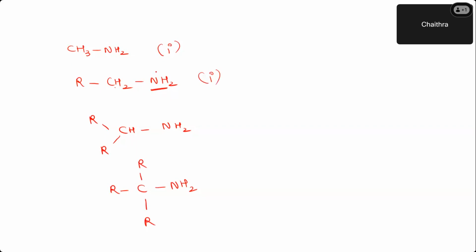Now, if you have any confusion, you cannot identify it as secondary or tertiary. Now you observe nitrogen is directly attached to only one carbon atom. So this is also a primary amine. Here nitrogen is directly attached to a single carbon atom. This is also primary. So all these amines are primary, but this carbon is primary. This carbon, can you tell me what is the nature of this carbon, guys? This carbon is directly attached to how many carbon atoms? It is attached to 2 carbon atoms, right? So it is secondary. So this carbon atom is directly attached to how many carbon atoms? This is a tertiary carbon.